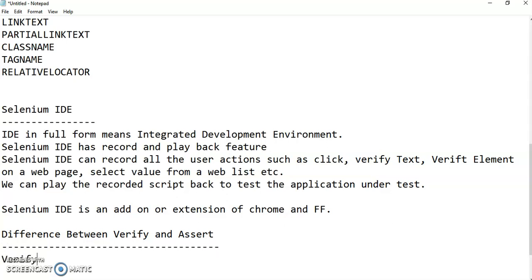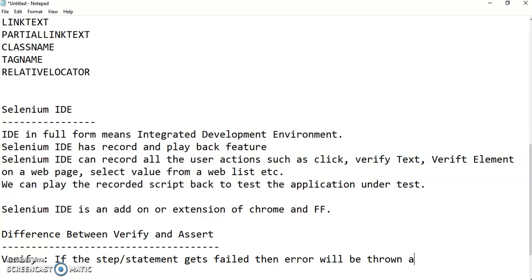In case of verify, if the step or statement gets failed, then an error will be thrown and the script will be continued.